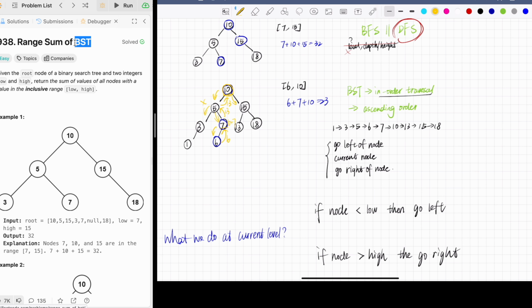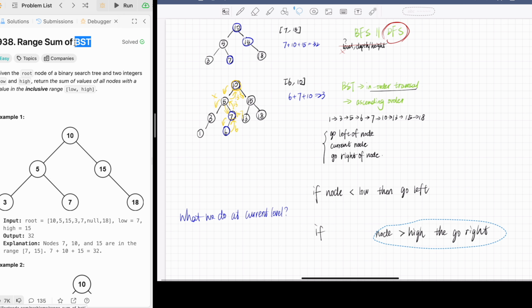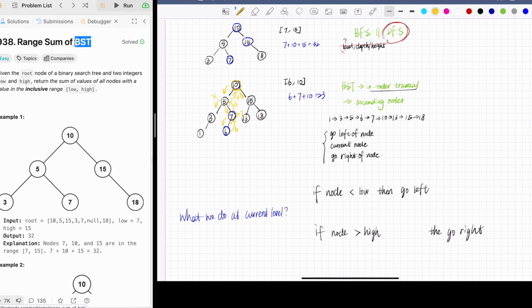And then for 10, after it got the result 13 from its left child, it goes to ask its right child, how much do you have? And 15, because the 10 already meets the range, so there's no need to add its right child, because we also said this. If it's already not high, then we don't have to go right. But now it means that we also can add it, or we can, because when we are going to the root node, we also can say